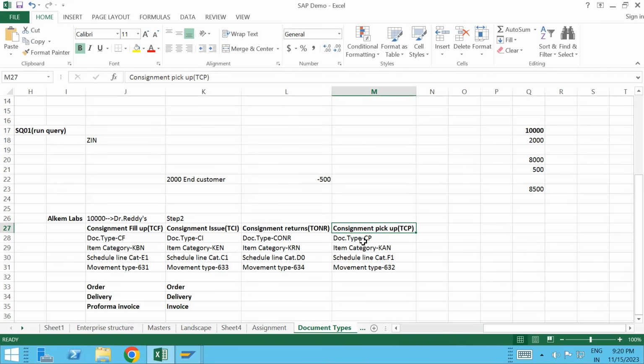Then stock will be reduced from consignment stock and added to unrestricted stock. And inventory accounting document will not generate. Okay,